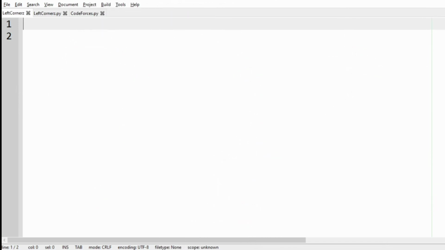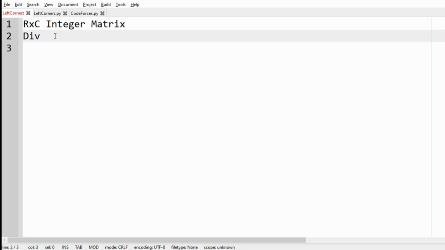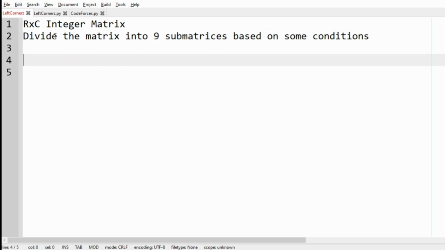First, we'll understand our question. The program has to accept the R cross C integer matrix as the input and divide the matrix into 9 submatrices, and then it must be based on some conditions. So first we should divide the entire matrix into